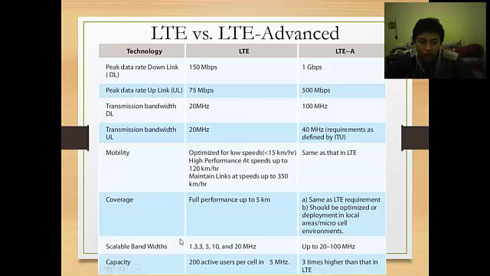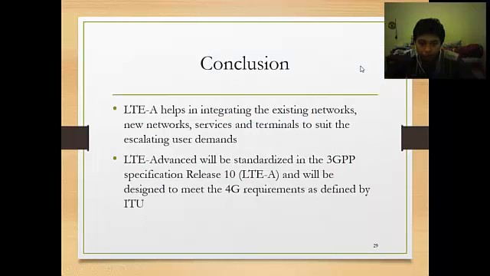The bandwidth for LTE is 1.4, 3, 5, 10, 15 and 20 MHz, but for LTE-A it is up to 20 until 100 MHz. Capacity of 200 active users per cell in 5 MHz is for LTE, but on LTE-A it is 3 times higher than in LTE. So my conclusion is LTE-A or LTE Advanced helps in integrating the existing networks, new network services, and